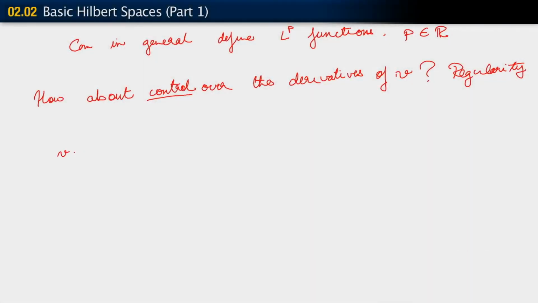Okay, so we say that v of x belongs to H1 on 0, L if the integral from 0 to L of v square plus v comma x the whole square